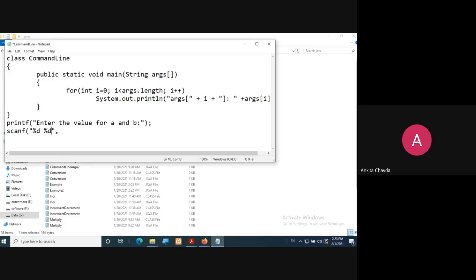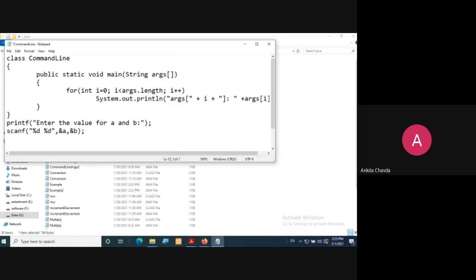If there are 2 variables, you take the values like this. This is how you take input from the user in C language.